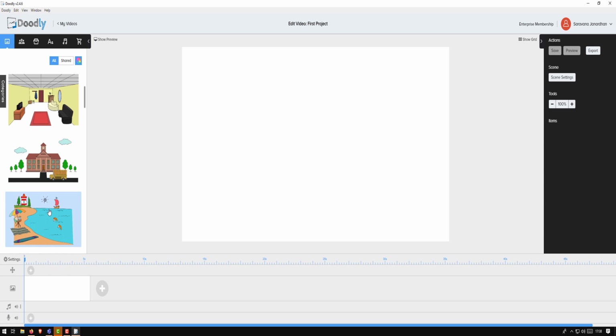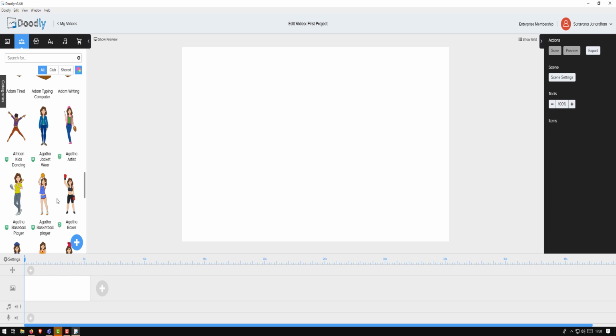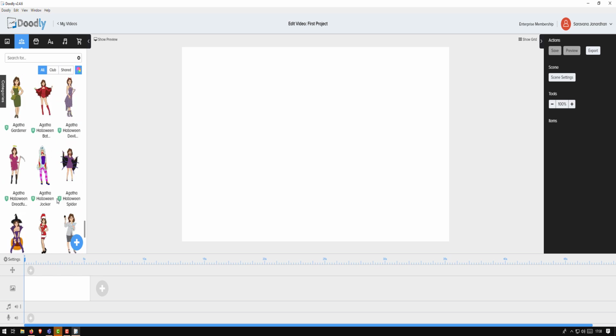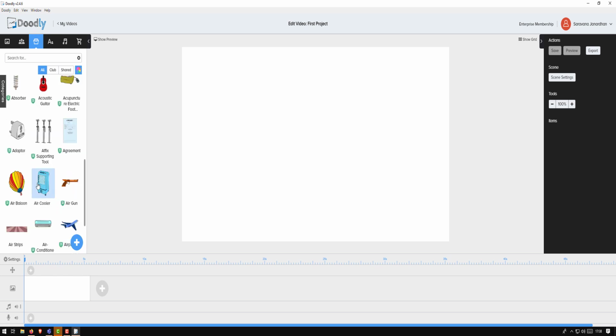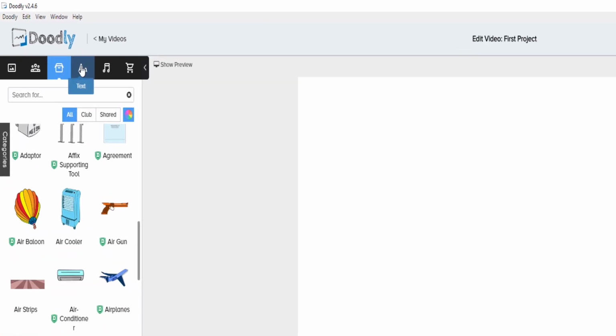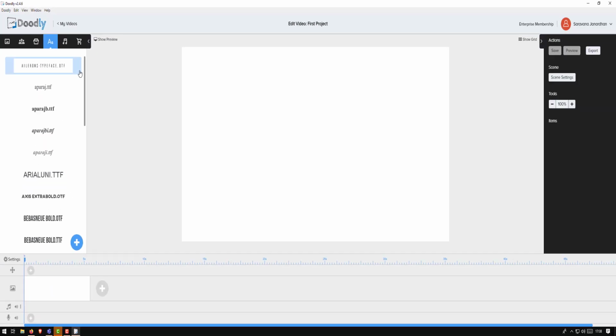A scene is made up of individual related objects and you have full control over each object that's in the scene. Characters, as the name says, are all the unique characters, the personalities that you can use in your projects. Props are the objects that build up the scene. Text is where you have all your fonts.